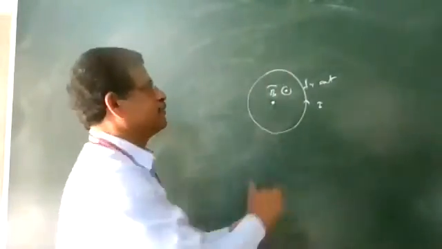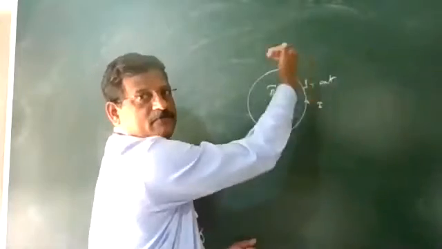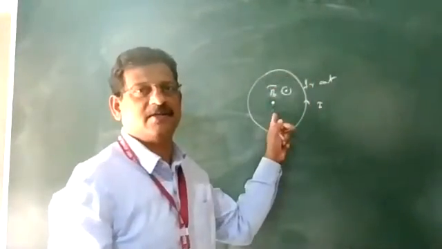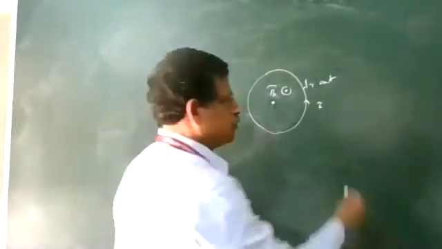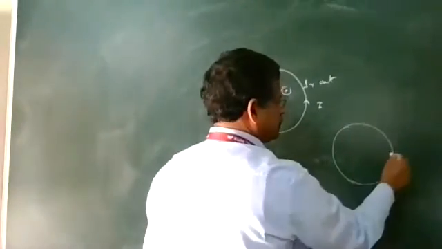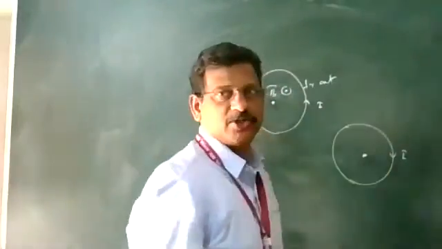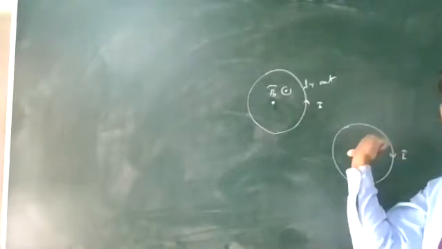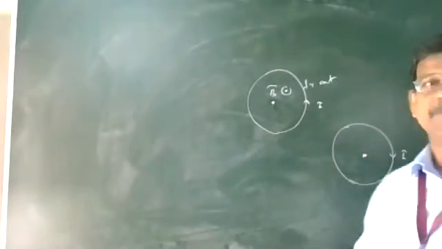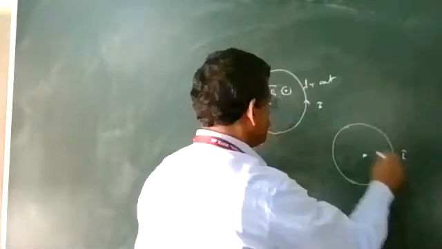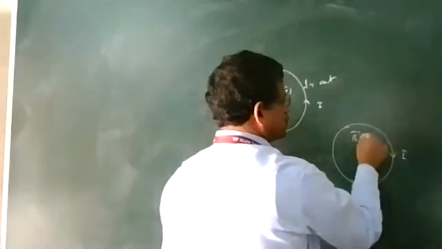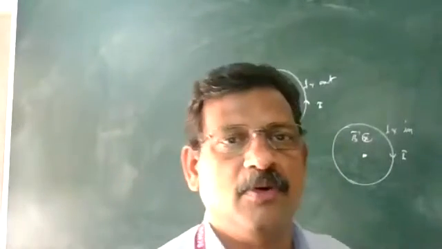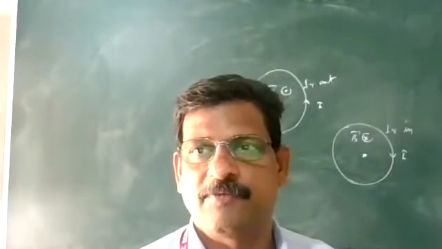Curvature of the fingers represents the direction of current, and the thumb held perpendicular to them gives the direction of the magnetic field at the center. Suppose the current is in the clockwise direction. How do you use it? The curvature is going like this, my thumb is going inside. The magnetic field at the center will be perpendicular inward. It's very convenient. You can use the right hand palm rule. So one or two numericals we will see after that, then the next topic.